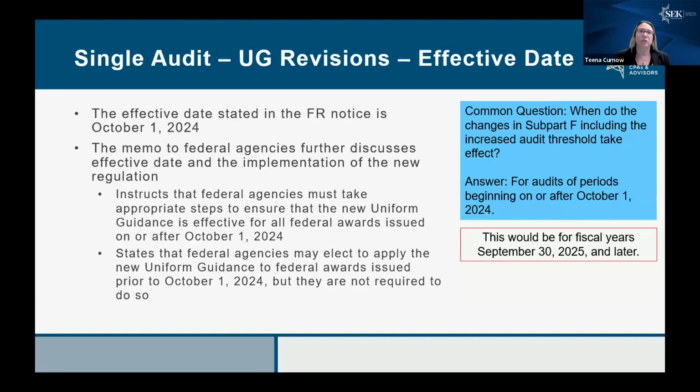The granting agencies are allowed to put in these new requirements in earlier agreements. So it is possible that if you're working on finalizing a grant right now, some of these new requirements may be included in that. But for the most part, we're expecting to see any grant document that's finalized and awarded after that time period to include these new